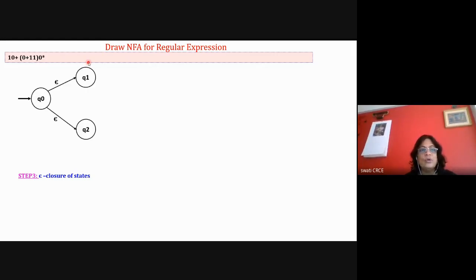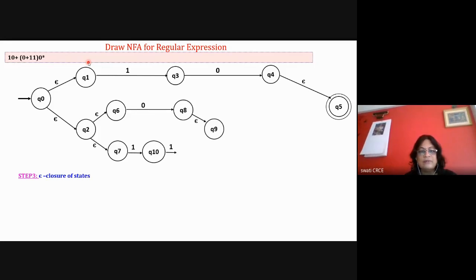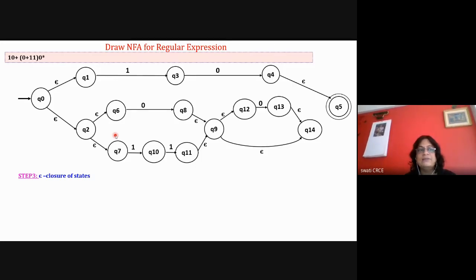So either it will follow the path for 1 0, or it will follow the path of either 0 plus 1 1. So here I am writing the diagram of either 0 or 1 1, the NFA with epsilon diagram. So here this is a diagram for either 0 or 1 1. This was a diagram for 1 0. And after that there is 0 string. So again from Q9 it will go to a particular state. If 0 is there for 0 times, if 0 is there for 1 time, and if the 0 is repeated, and then Q4 to Q5 to join to the final state. So this is my NFA diagram with epsilon for the regular expression.